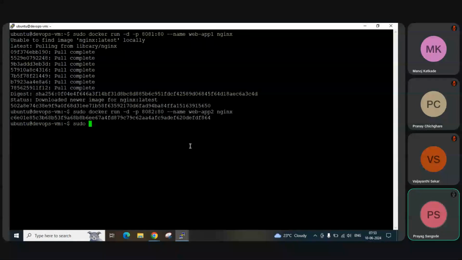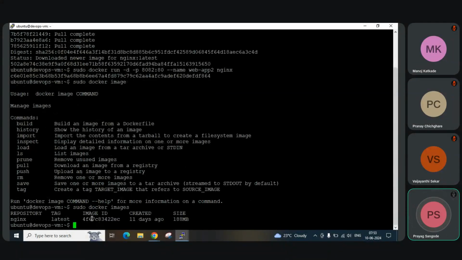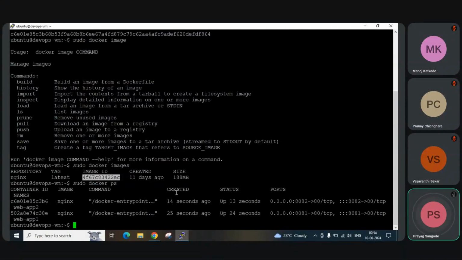If you see Docker images, it downloaded one image, and that image is used to run both the containers. If you do Docker PS, this one is first, this one is second, app 1 and app 2. Okay. So locally I can access it, curl